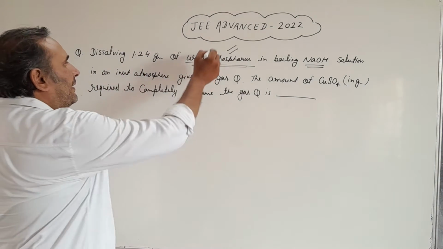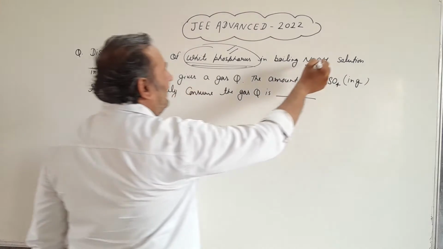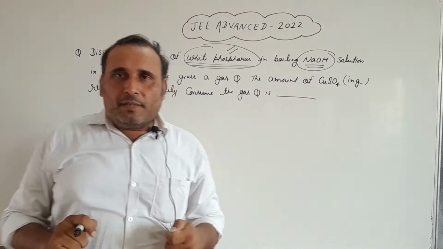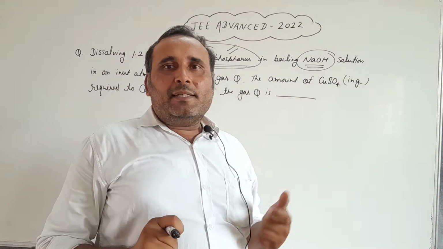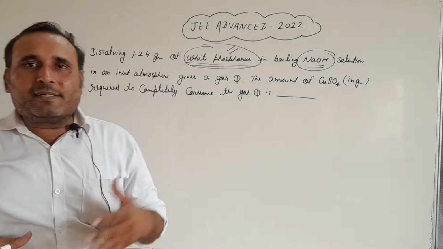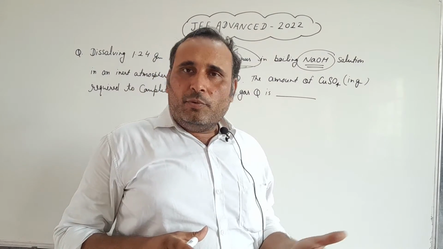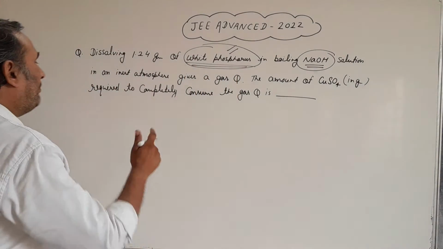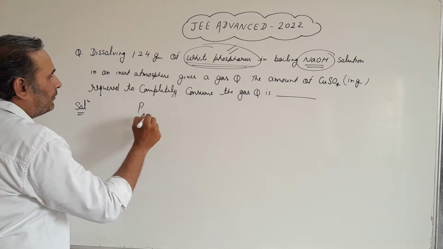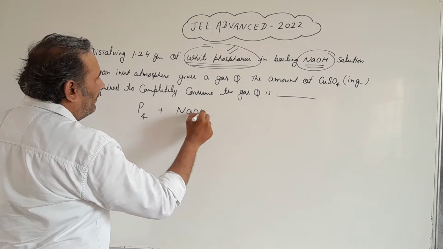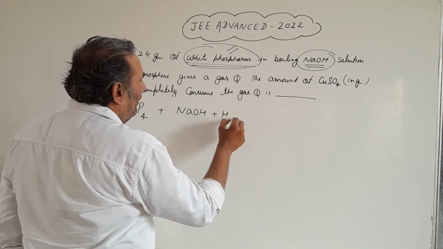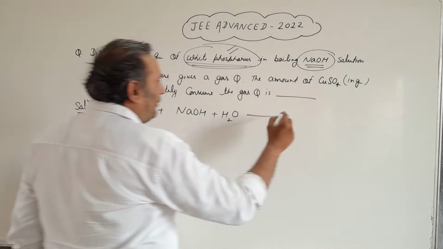White phosphorus reacts with aqueous NaOH solution. This is a very important reaction in the chapter P block, the disproportionation reaction of white phosphorus P4. In this reaction, P4 gets converted into PH3 as well as NaH2PO2. So we can write: P4, white phosphorus, reacts with NaOH plus H2O, and it disproportionates into PH3